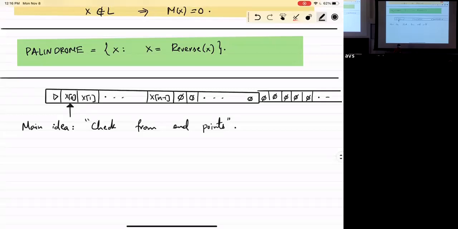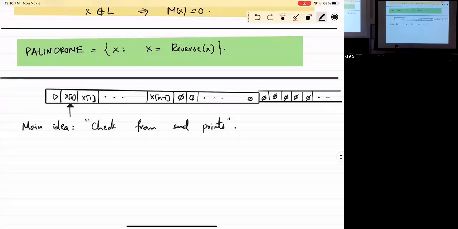But how do I implement this on a Turing machine? Remember, in a Turing machine the computation is very local. It only reads where you are, then does a transition and keeps going. So how can I do that? Imagine I want to just, as a start, check the first symbol against the last symbol.